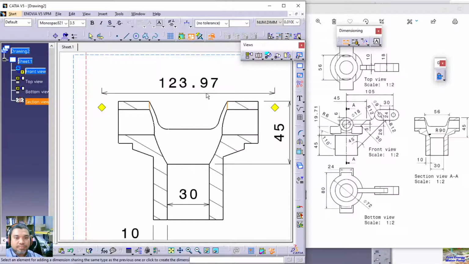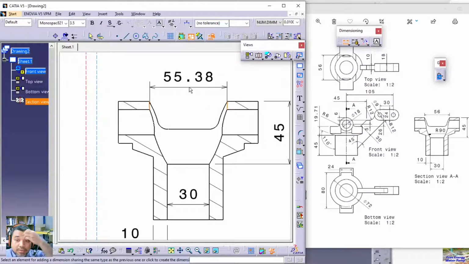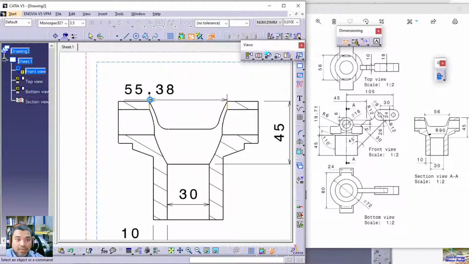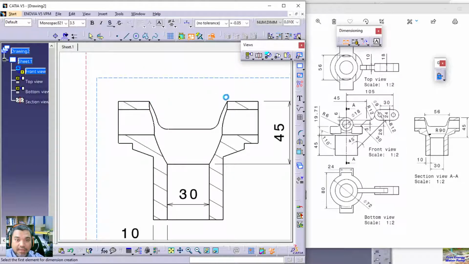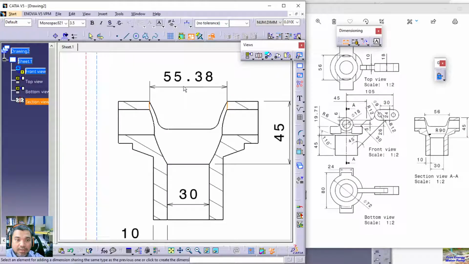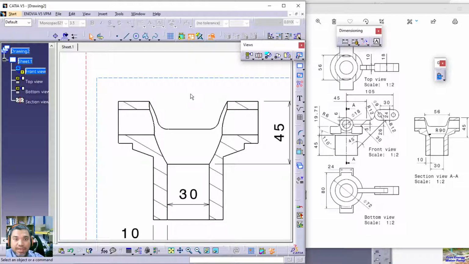So no. Minimum distance, no. So let's make another one. Okay, so if you cannot, what you can do is